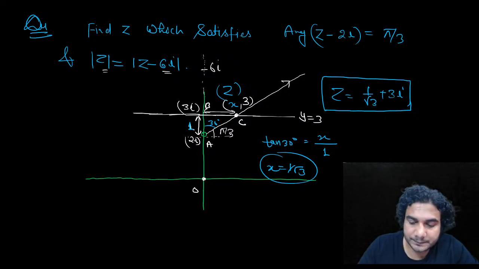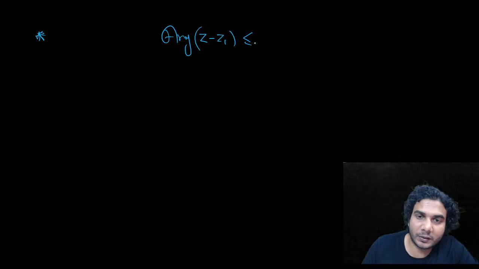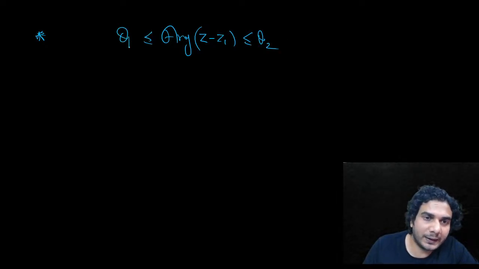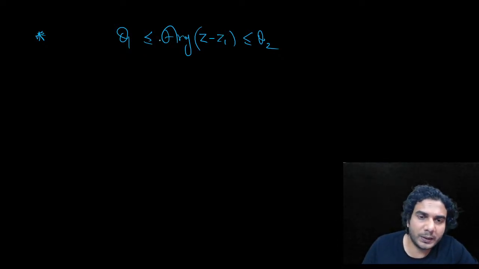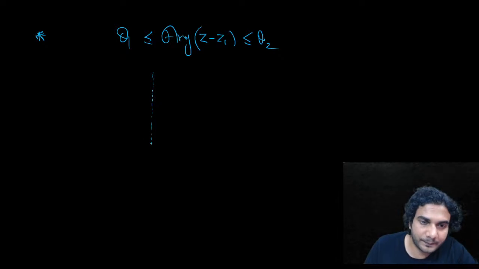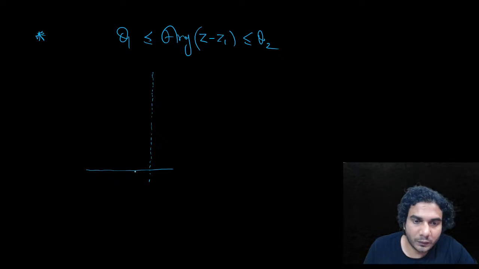All right. Now let me tell you another locus, which is basically putting inequality. So argument of z minus z1 is less than or equal to theta 2 and greater than or equal to theta 1. Theta 1, theta 2 can be positive, negative. So two numbers are given and your argument should be between these two. So what you need to do is